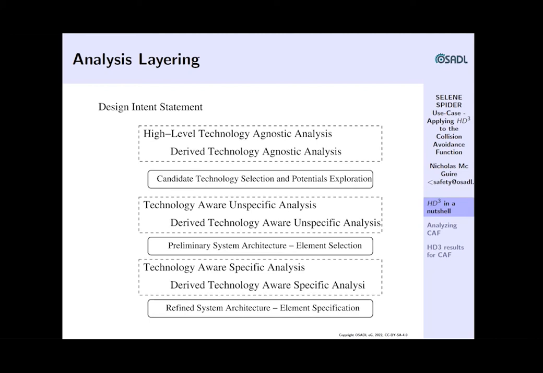And these are then, in part, allocated to derived elements. That's what the derived technology agnostic analysis is about, or they can be set as requirements for the individual items. We'll see the process in a moment. And that sort of gives you the next necessary context for the candidate and technology selection, because that's one of the